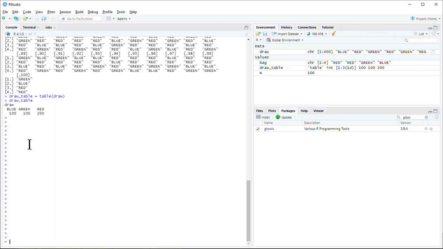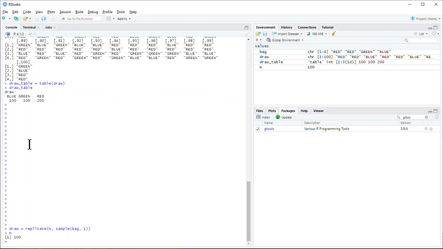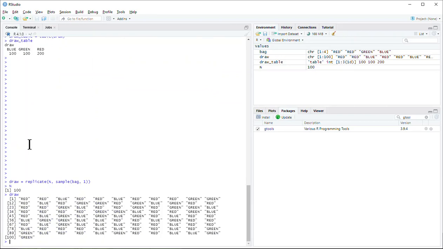So now I want to do this Monte Carlo simulation, right? Everything is going to be the same, except now, when I draw, I'm only going to draw 1 out of each bag. And I'm going to do that still n number of times, so I'm still doing that 100 times. So now, if I looked at just the draw, I get a much cleaner looking version of that draw because I'm only drawing 1 thing out of each 100